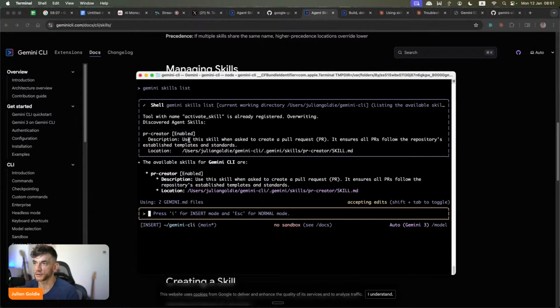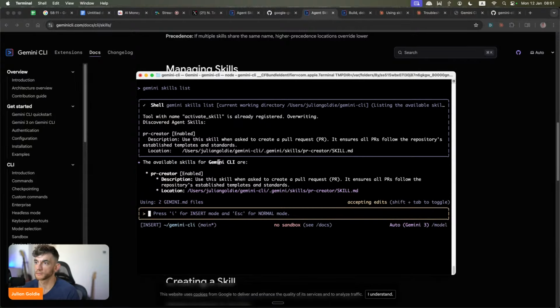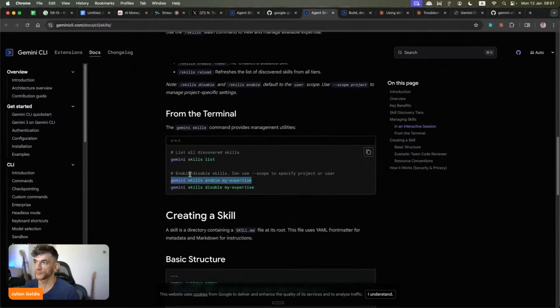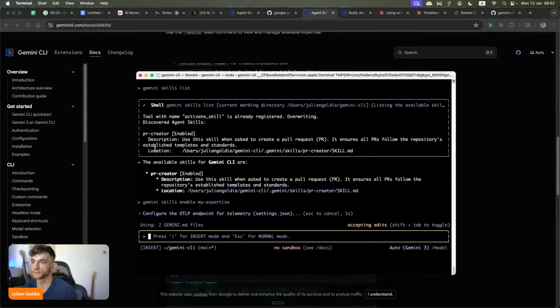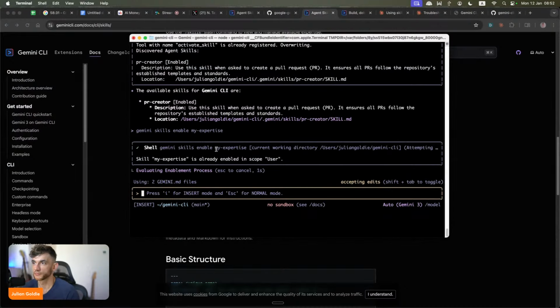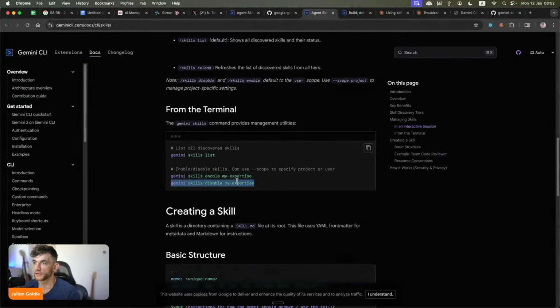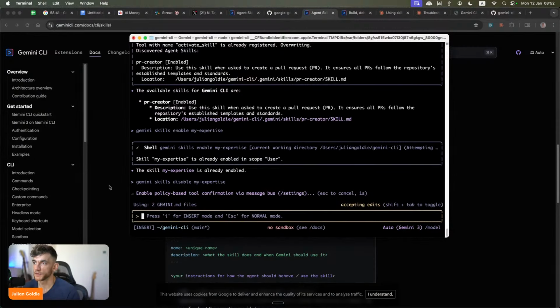For example, PR creator uses skill when asked to create a pull request. Now, if you want to add different skills, like you see right here, for example, enable my expertise. It's now enabled, right? So that new skill is set up. Then if you want to disable it, you can click on this like that, right? It's a little bit like Claude Skills where you can just add skills